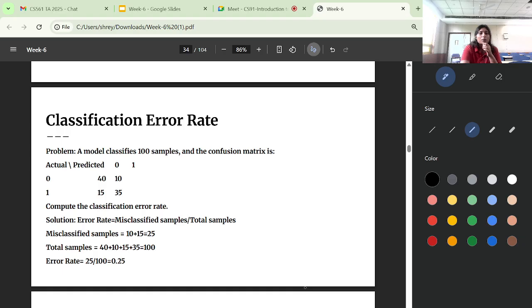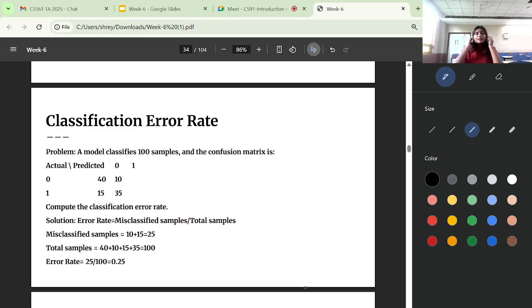Okay, so there is one problem also here. Let's say a model classifies 100 samples and the confusion matrix is given to you like this. This is your actual and this is your predicted. So you have to compute the classification error rate. If I am saying this is my actual labels, this is my predicted labels, and you have given a matrix in this form, it means that